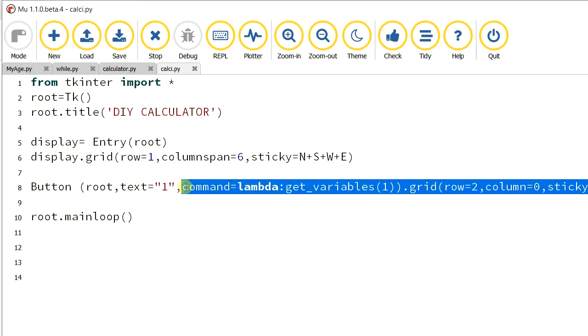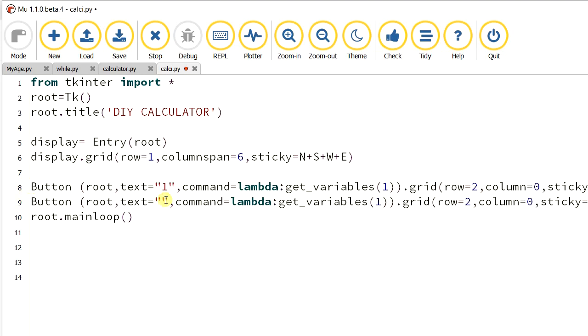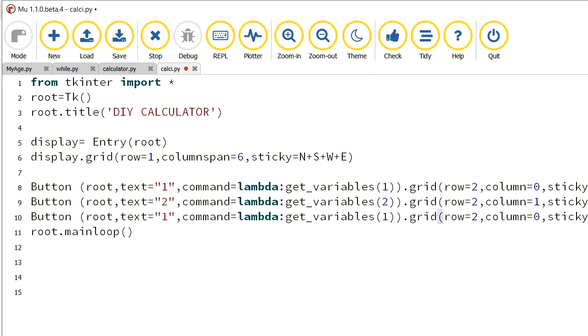In the same way we are going to place the second button. See here I am going to change the text to 2, and this value is sent to the variables of 2. It is placed in the same row, but the column will be changed to 1. I said 3 buttons I am going to place. So the third button is here, and then 3 operators. Okay, 3 buttons and the columns will be 3 columns.